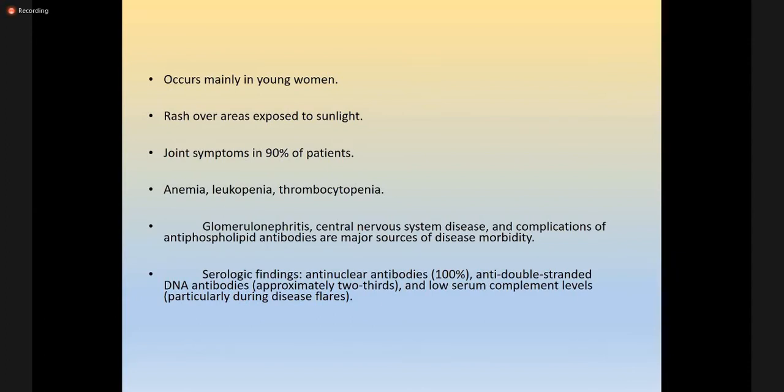What you will find in the blood, usually there are positive antibody tests which are specific to systemic lupus erythematosus, including anti-nuclear antibodies, anti-double-stranded DNA antibodies, and the complement levels, which are usually markers of immunity in any individual. They can be low in patients who are having this disease, especially if the disease is very active.